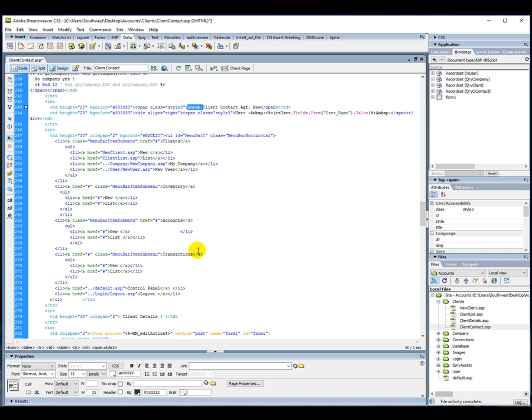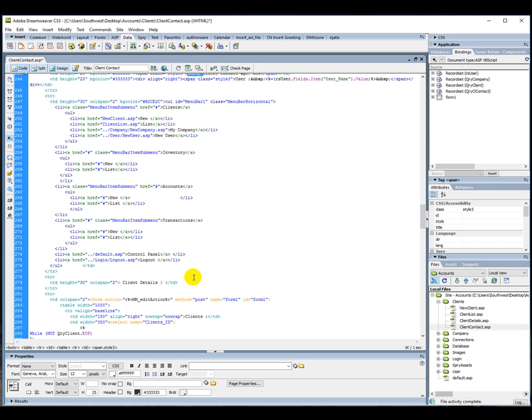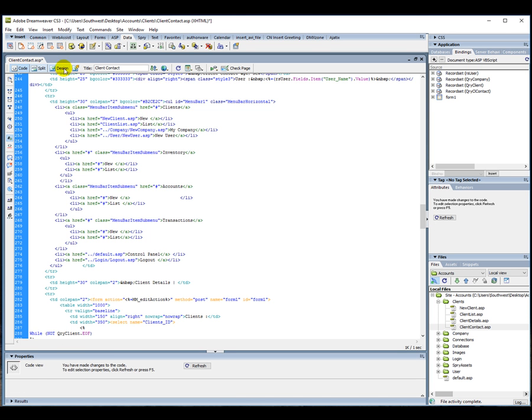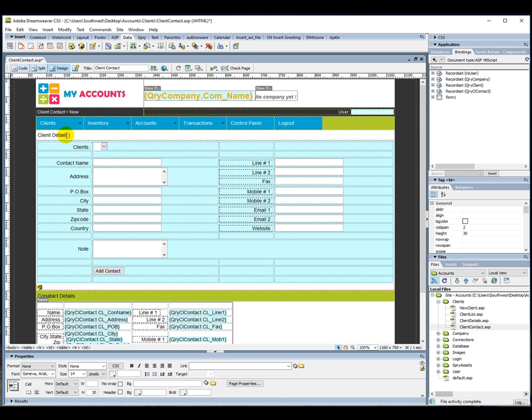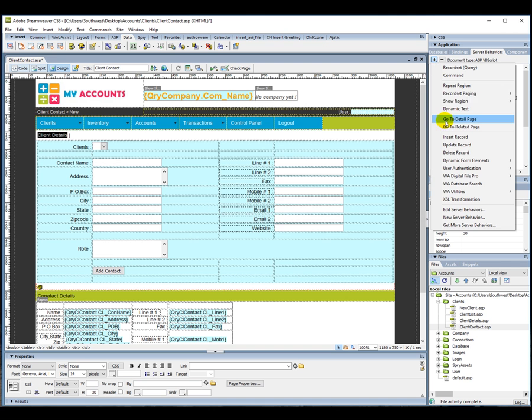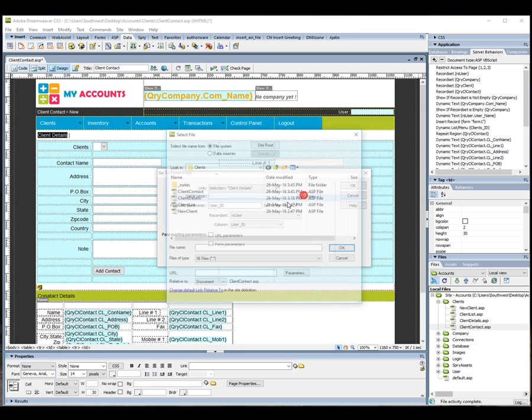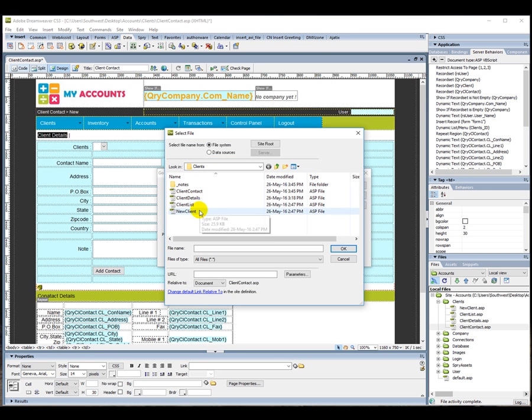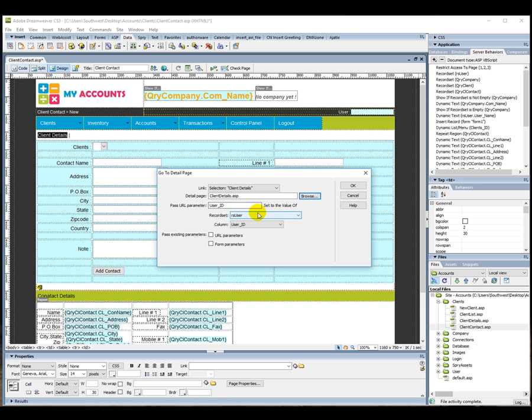Just gonna click copy, and just gonna paste here. It's gonna design. I'm gonna choose this. You can also have buttons, but anyways, go to detail page, which is going to be our client detail page,